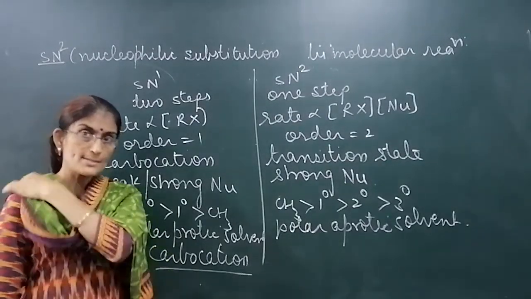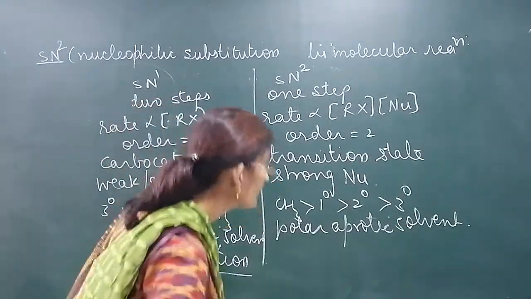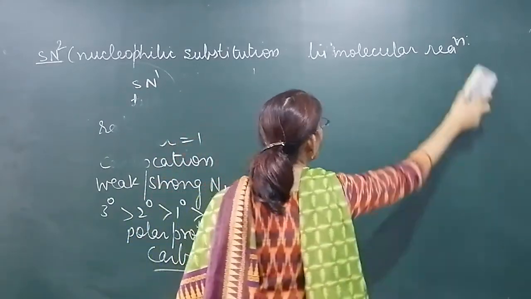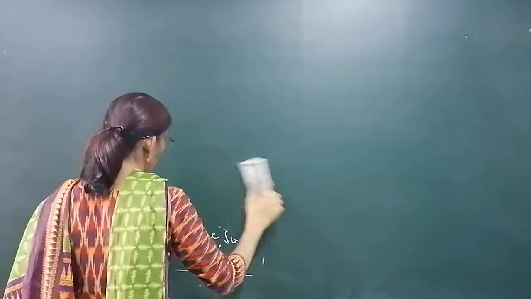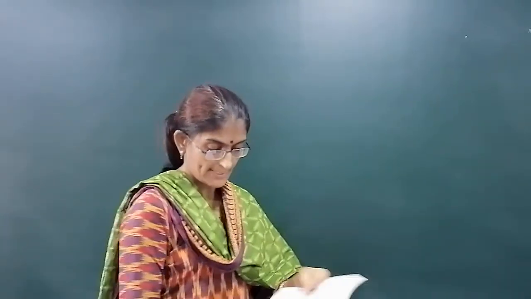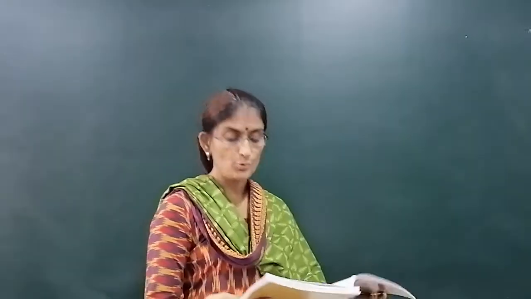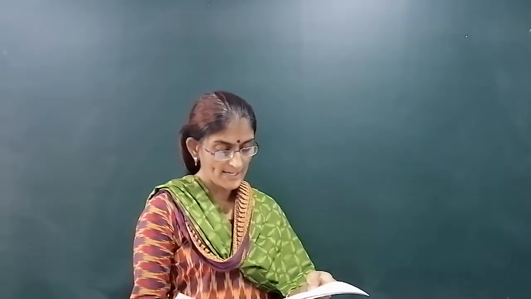We'll do 2 examples and then we will move to the next type of reaction. So in order to find whether the reaction proceeds by SN1 or SN2, what do we have to keep in mind? Carbocation stability for SN1 and steric hindrance factor for SN2. See here in this book, questions are given. So many are given. I'll solve 1 or 2 for you. First, in the following pair, which will undergo SN2 faster?